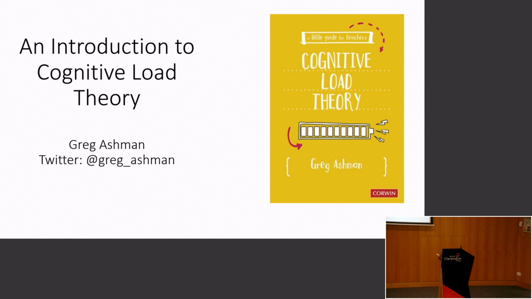Just as a little bit of background, I'm Greg Ashman. I came to Clarendon in 2010. I was a deputy principal of a government high school in London. My wife, who is here today but won't be in this talk, is from Ballarat, and we decided it was a better place for raising girls. So I pitched up here,